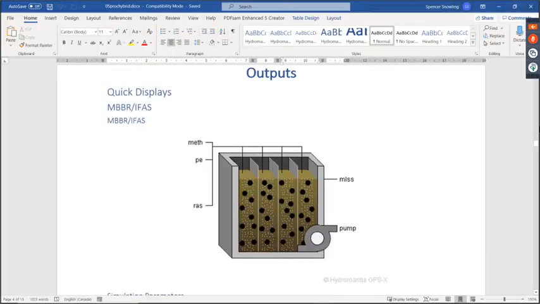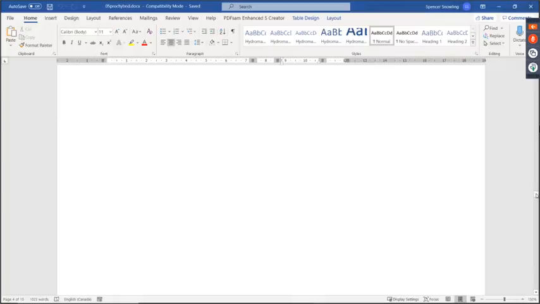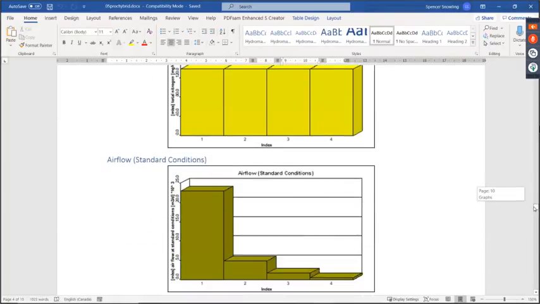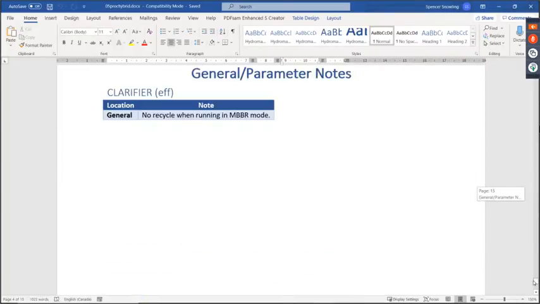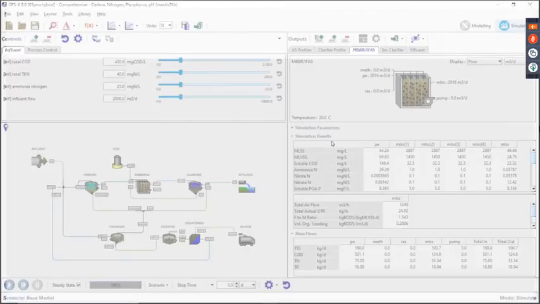You get all of the output as well. And you also get, if you've entered any notes along the way, all of that information is summarized and put at the end here as well for parameter notes or for things that you put in the objects or any other place. So this works really nicely now, and you get these really fantastic looking tables with all of your input and all of your output.